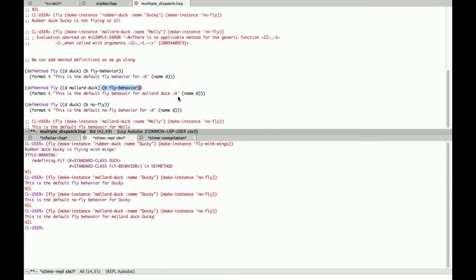So this is due to Lisp's ability to do multiple dispatch. That is, at runtime, dispatch on the types, runtime types of all arguments in a method invocation. And because Lisp allows us to define methods outside of classes like this, we can also add new behavior as we go along without having to resort to